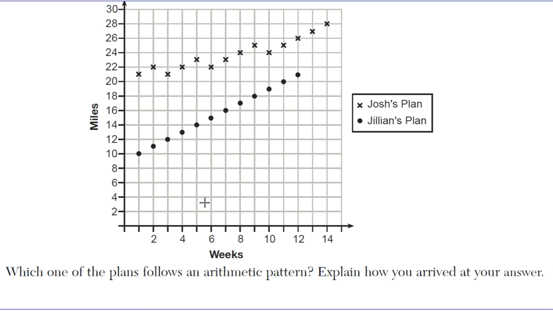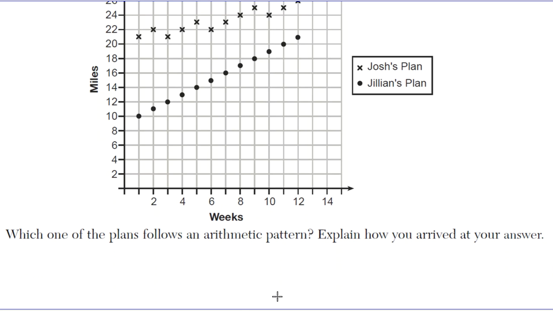Okay, the fact that it's linear indicates that there is an additive growth constant. In this case, by how much does it grow? For every week, let's say you're going from week 2 to week 3, it's going from 11 to 12. So it grows by 1 mile every week. That's the additive constant, or the slope of the growth pattern for Jillian. Alrighty. So let's go ahead and write down our answers